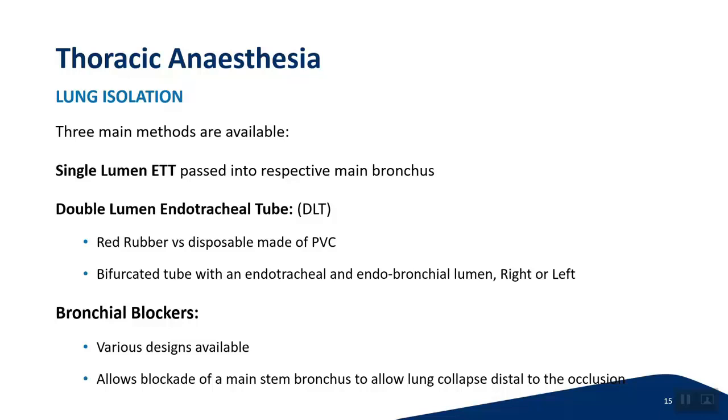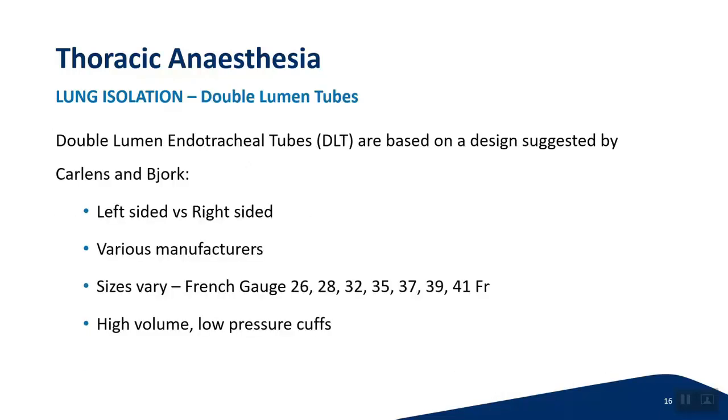Different designs of DLTs are available, and they come in different sizes, ranging from 26 French for use in children above 8 years of age to 41 French for large adult males. Commonly used bronchial blockers include the Univent and ARNT blocker. These are described later. DLTs are bifurcated tubes with separate tracheal and endobronchial lumens, allowing for independent ventilation of either